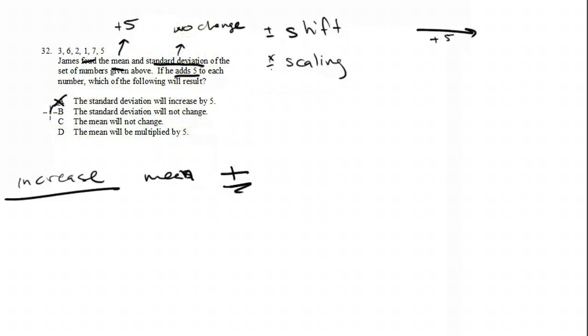Standard deviation, no change. The mean will not change. No, we said it's going to add 5. And it says the mean will be multiplied by 5. No, we said it's going to add 5. So the only possible answer is B. So that's our answer. What if we changed it a little bit, though, and said, instead of adding 5,